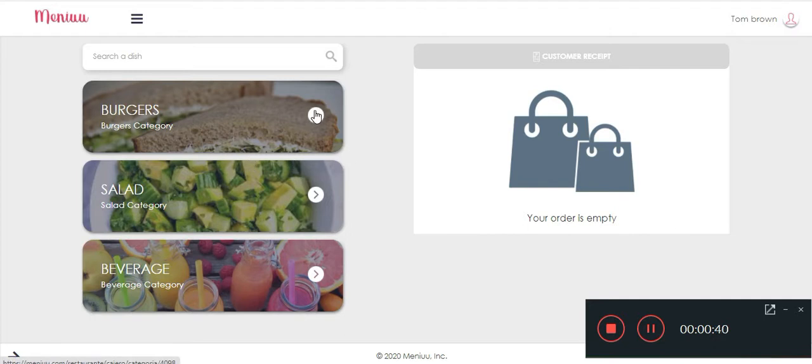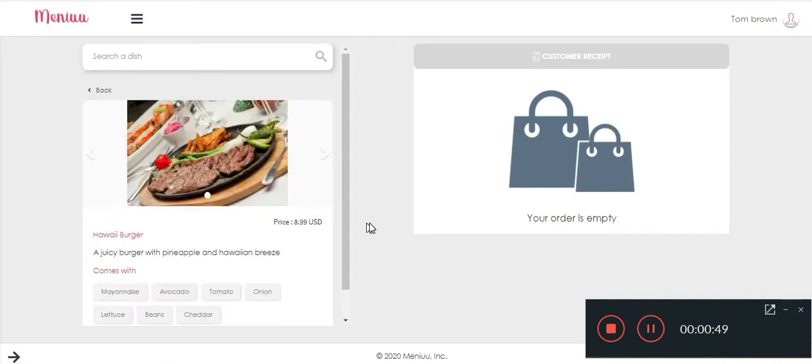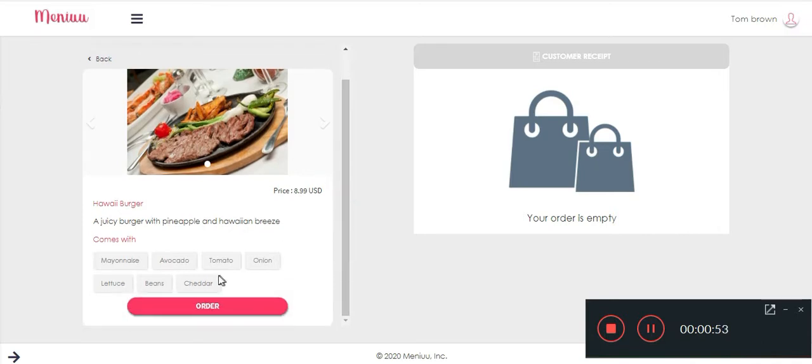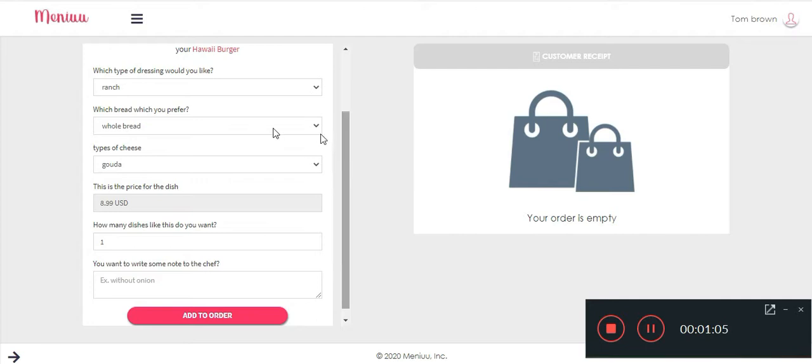We're gonna go to burgers. Here's the one we have already created. We're gonna select it. We're gonna click order. And here you're gonna see all the options that you have added to your dish, such